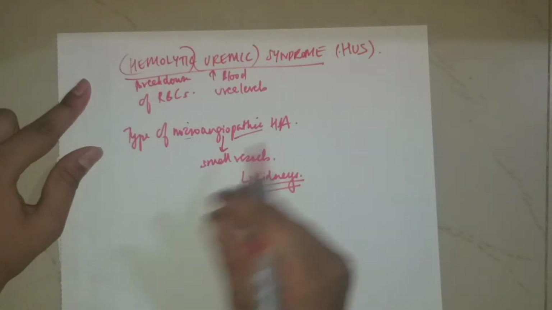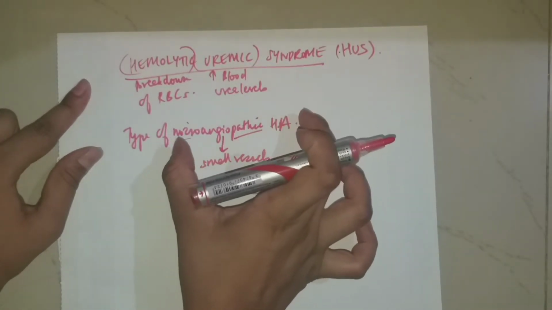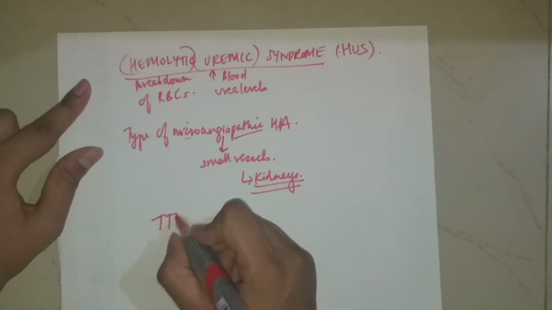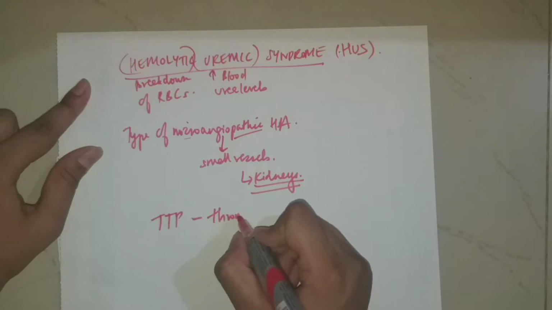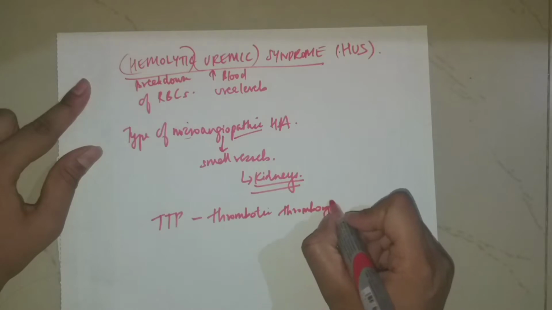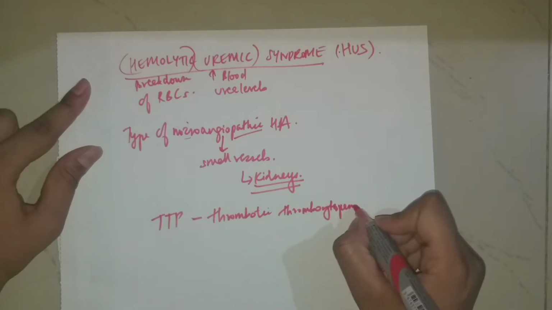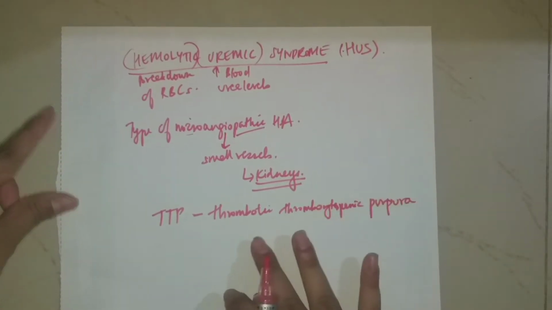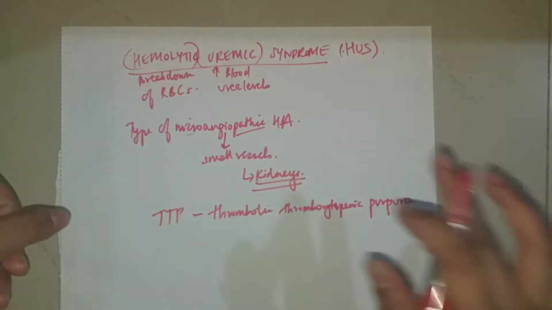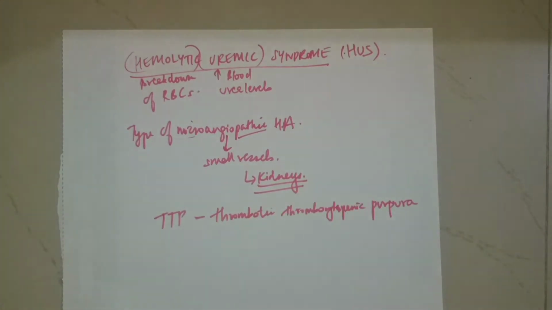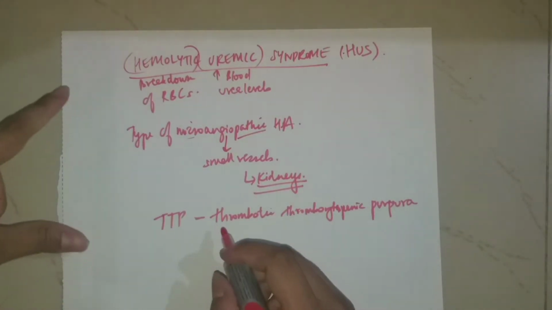Okay. Under microangiopathic hemolytic anemia, there's another entity which comes. You may have heard of it, TTP, thrombotic thrombocytopenic purpura. Now, the clinical features in this are quite similar to HUS, but there is a difference in pathogenesis and also the typical age of presentation. Okay, so I'll talk about that later.